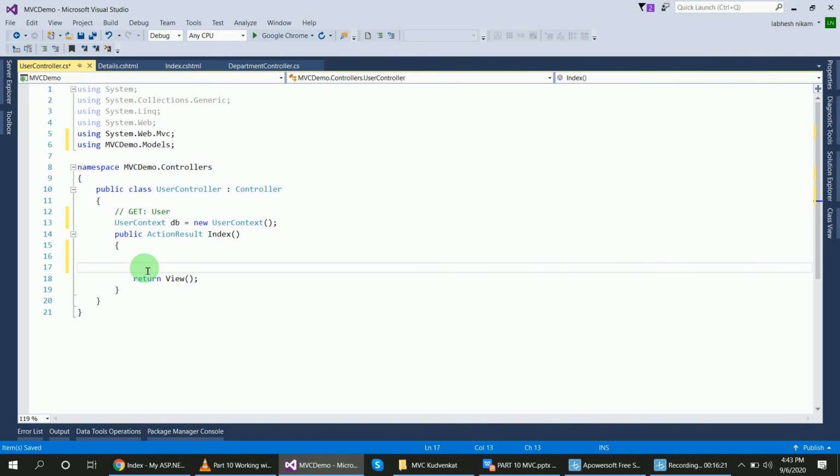And here the list of users, list, sorry. Suppose it is user list, okay, equal to db dot users dot to list, okay, and I will pass this object here.